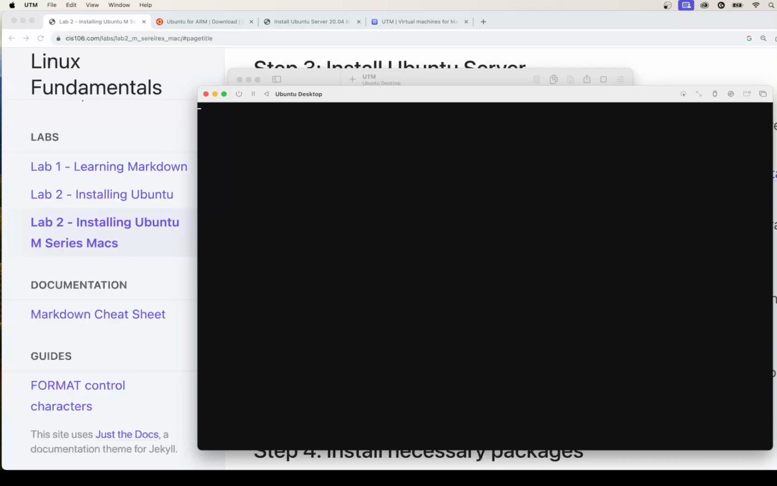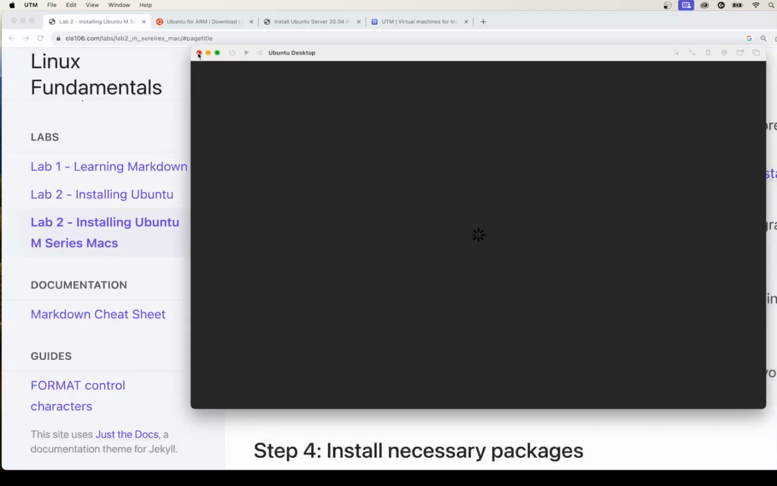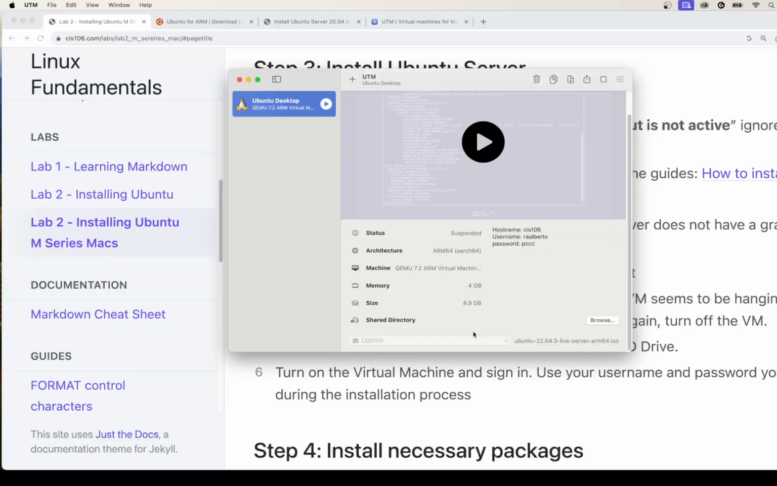It seems like the virtual machine is hanged, so all I'm gonna do is just close it. Okay, now before we turn this machine on again, we are going to remove this DVD from here, because if we don't remove it, it's just gonna boot the installer again, and we don't want that. So